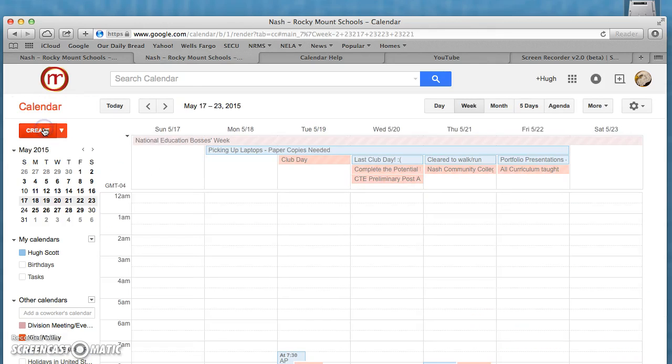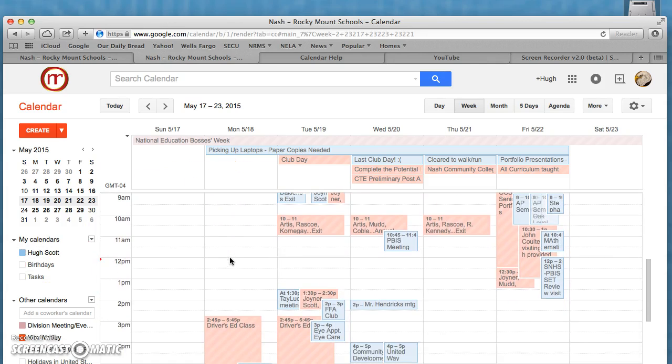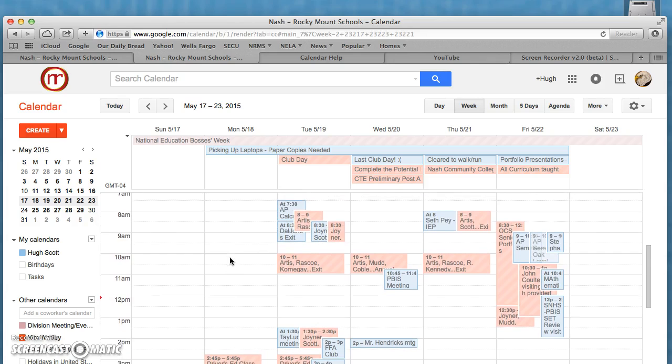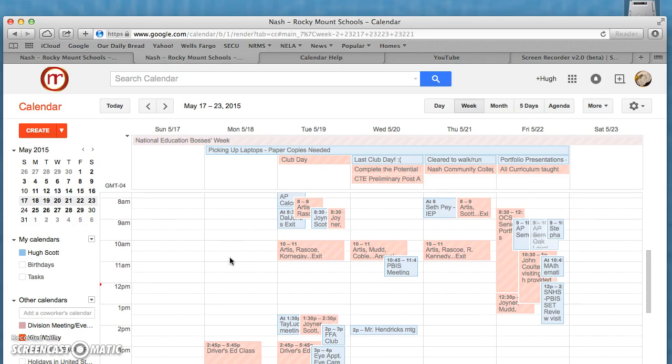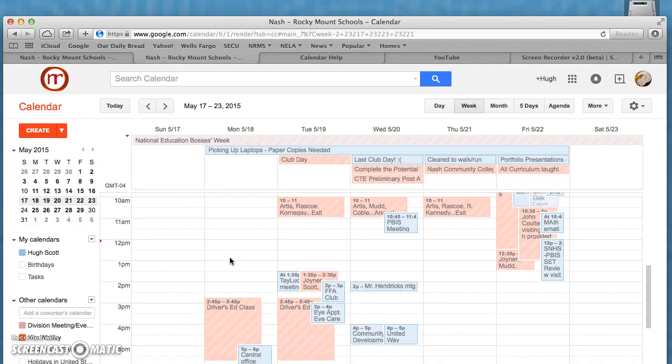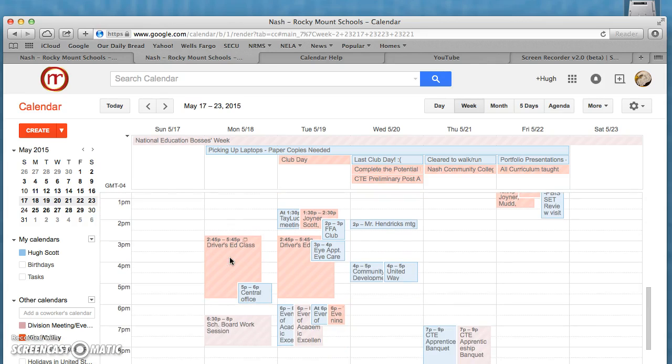So I can go back to my calendar, and like I said, all of the information is here readily available for myself to go through throughout the week. So when your principal sits there and talks about the week, you can also always pull up your calendar and go ahead and enter in those events as you go over them, so then you can keep track of your hectic schedule. Hopefully this helps with starting out your internship and helping yourself get a little bit more organized,